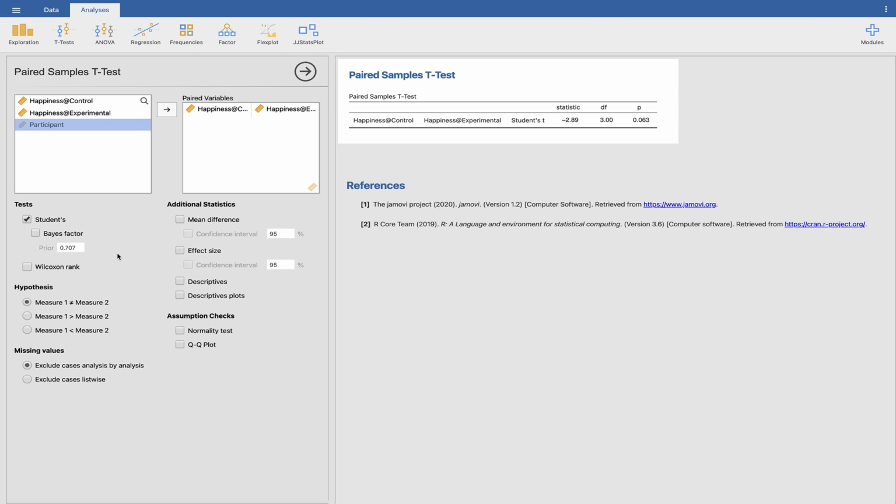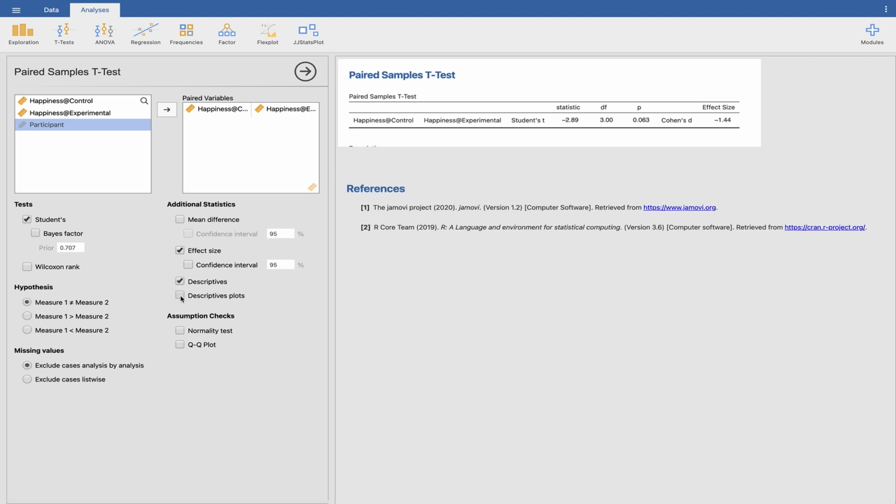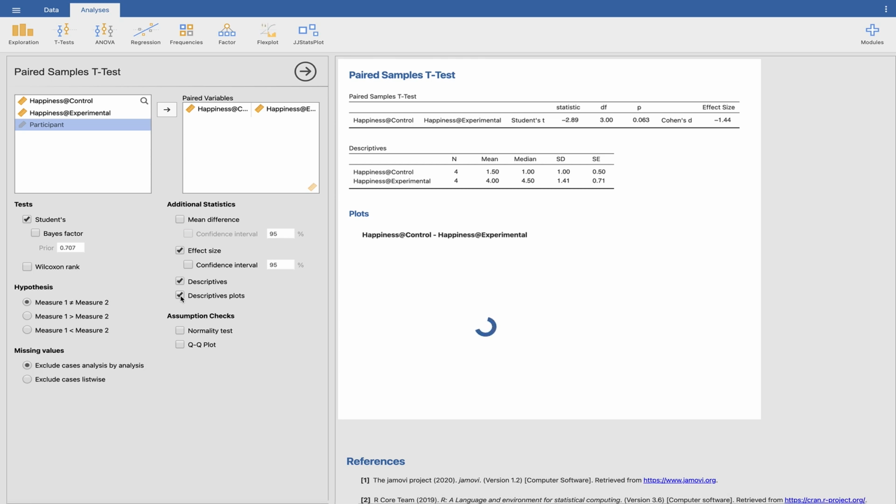Let's just interpret this as we would without the confidence interval. We also need our descriptives and our descriptive plots just for the write-up. The plot helps us see that the experimental condition is happier than the control condition. I haven't changed that property throughout this lecture, so that shouldn't be a surprise, but you always want to look